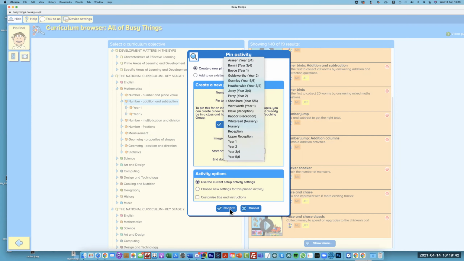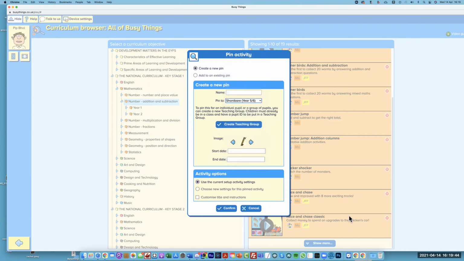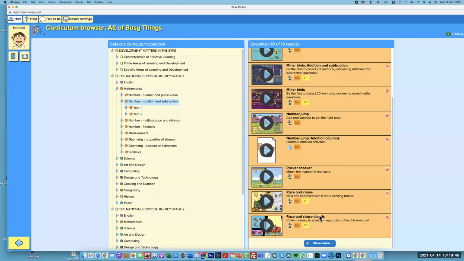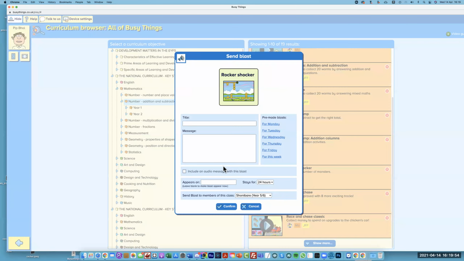So if I blasted from there, would it still show as an activity under the activity or the assignment button, or would it just come as a blast? This is an activity. Yeah, so that's going to show as